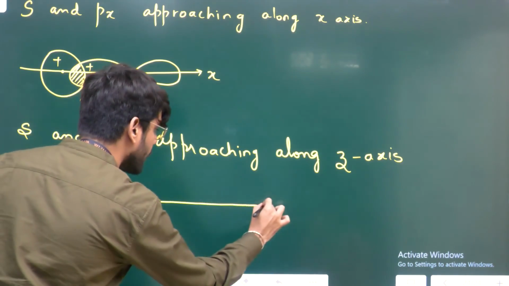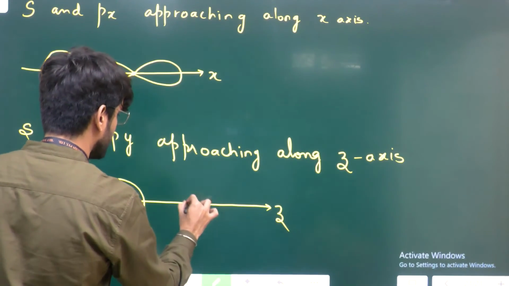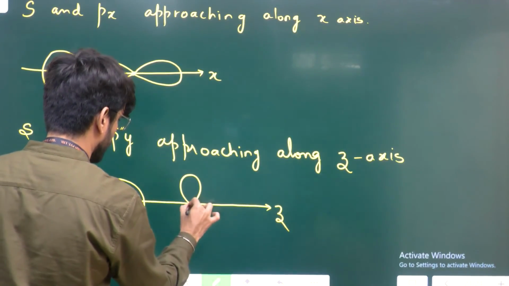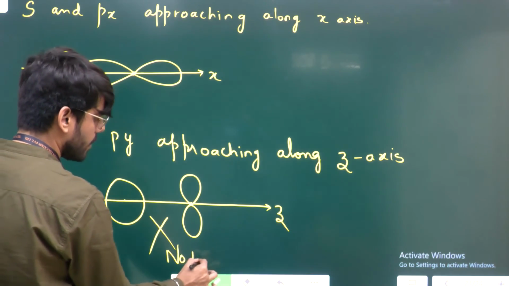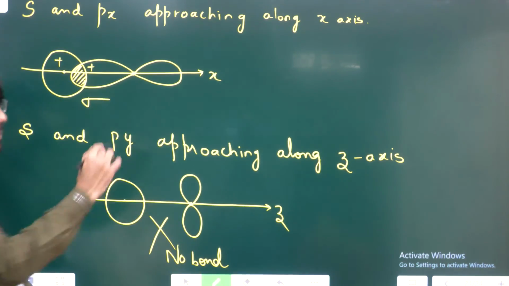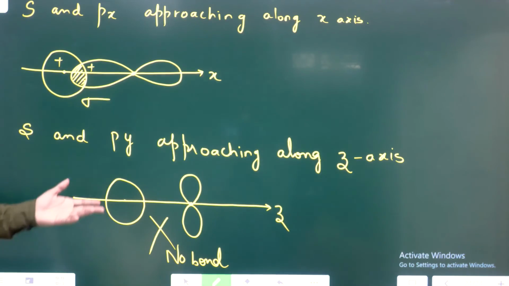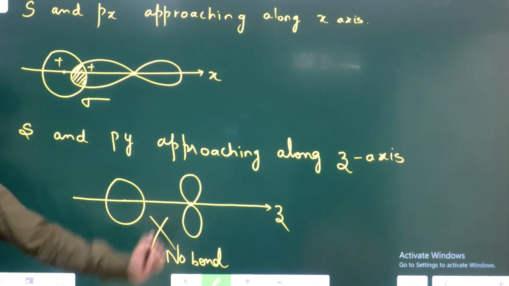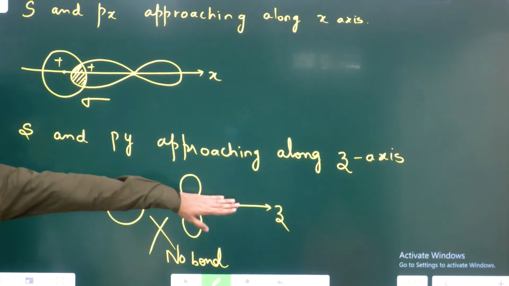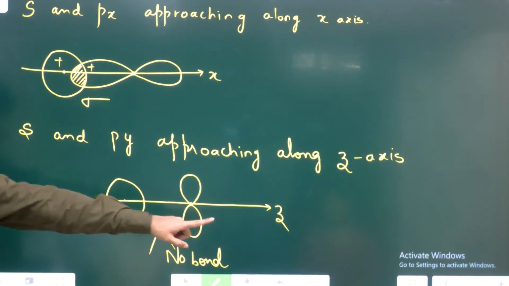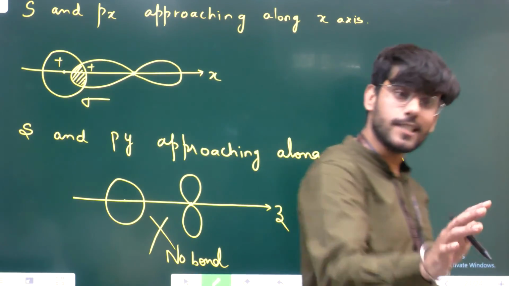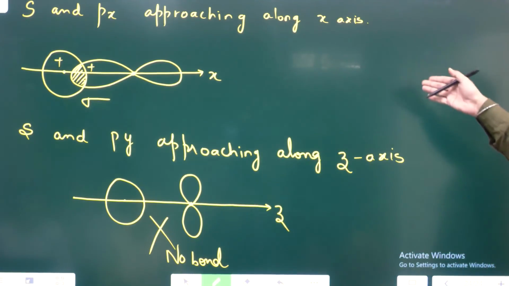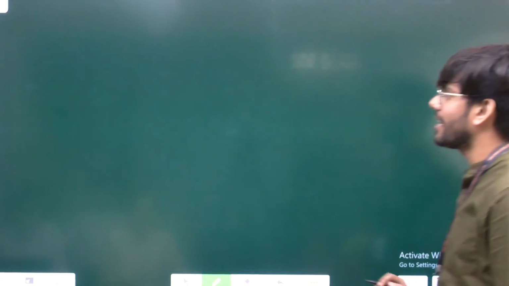First of all, this is my internuclear axis, which is z axis, and suppose py is this. So obviously there is no bond. There is no bond. क्योंकि s तो कभी पाई बॉन्ड बनाएगा ही नहीं, और p ऐसे है, z एक्सिस है ना, इस बार y एक्सिस नहीं है, इस बार z एक्सिस। देखो ना वो लिखी हुई है, अगर नहीं लिखी हुई तो z कंसीडर कर लो, बट अगर लिखी हुई है तो वही कंसीडर करोगे जो दी हुई। चलिए नेक्स्ट,